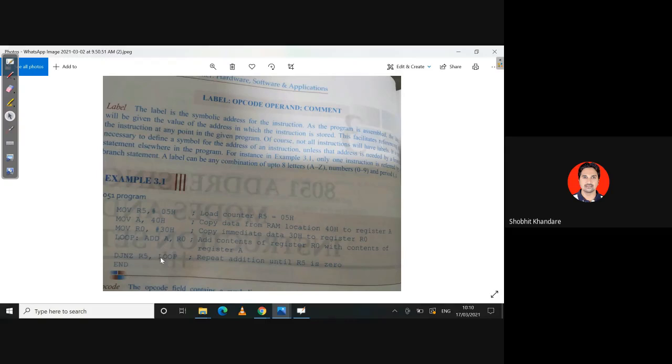So indirectly the label gives you the address of the instruction where I have to go. That is the way in which the label has to be given. When we see different examples, you will encounter different labels, and how these labels are called in the given program.